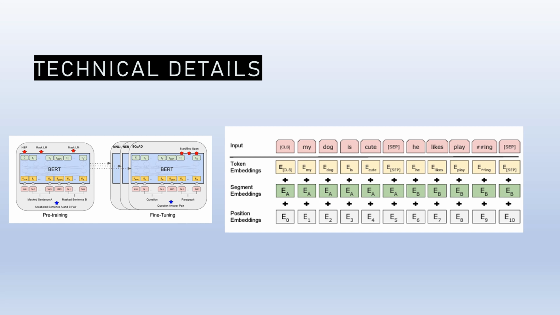On the screen, I have included the figures within the paper detailing both the pre-training and fine-tuning steps, as well as a figure of BERT's input representation, where the input embeddings are the sum of the token embeddings, segmentation embeddings, and position embeddings. I will now discuss the results of the Google AI Language team's findings and how BERT compared